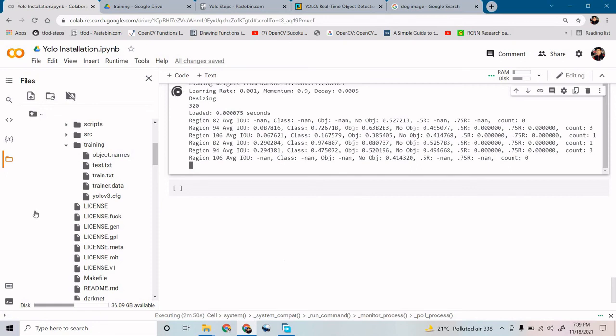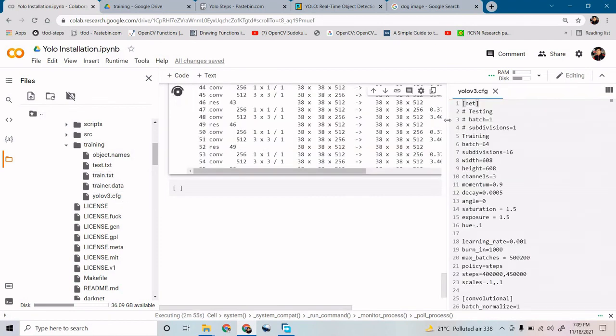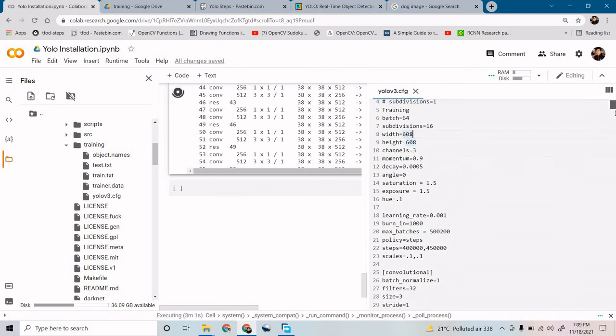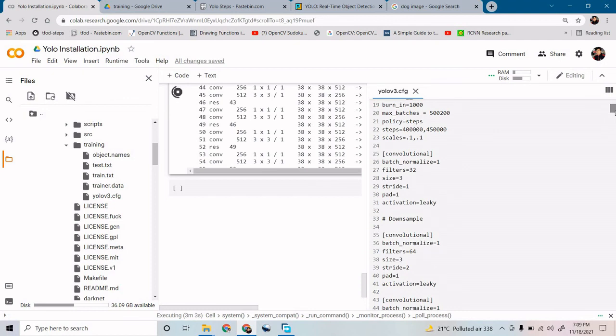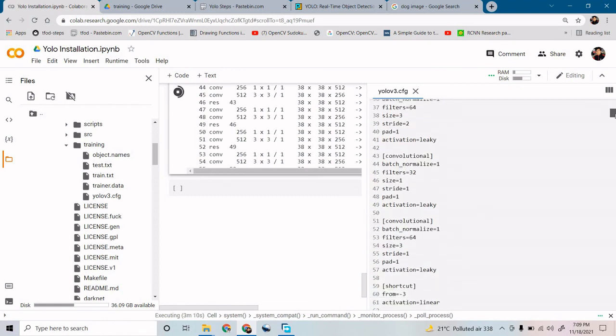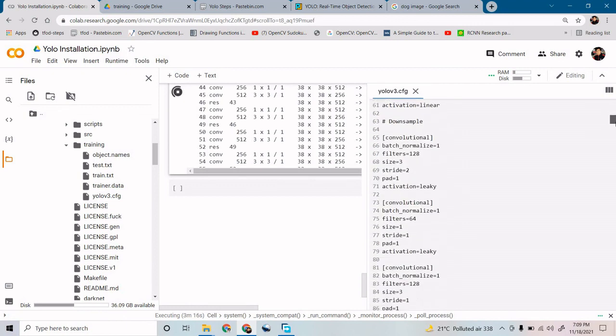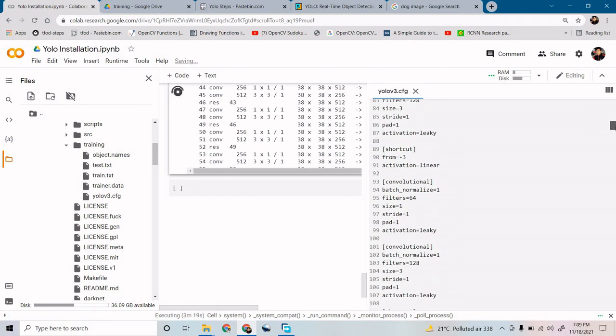Okay, so the training is started right now. You can see a configuration file. Let's take a little bit of a recap. Whenever you get a YOLO, just above that you will find a convolutional layer. Inside that you need to change the filter size according to your number of classes. Just change the filter size and your work will be done. And just change the number of classes inside your YOLO.